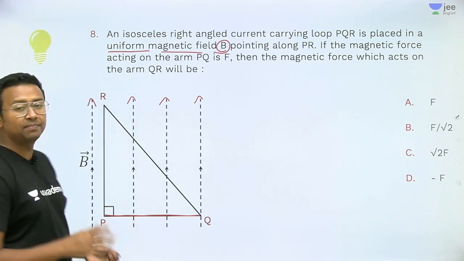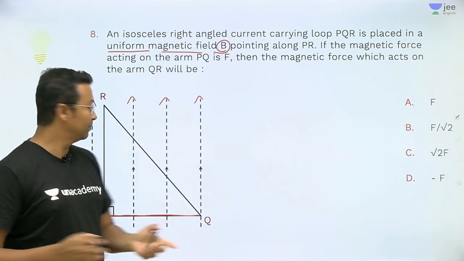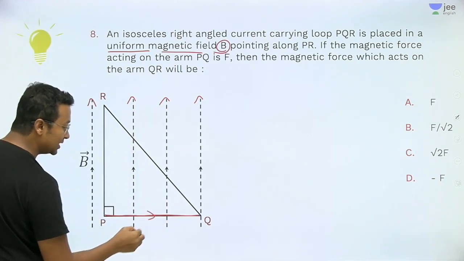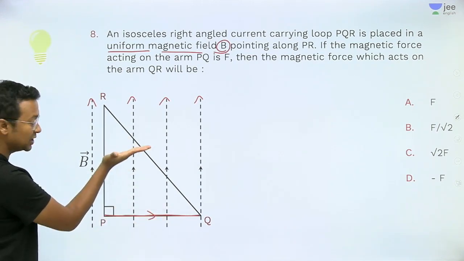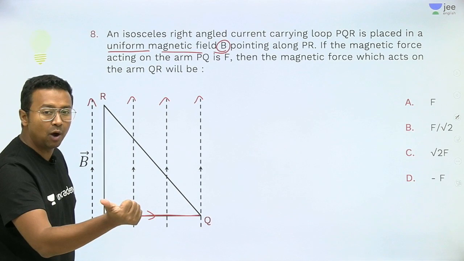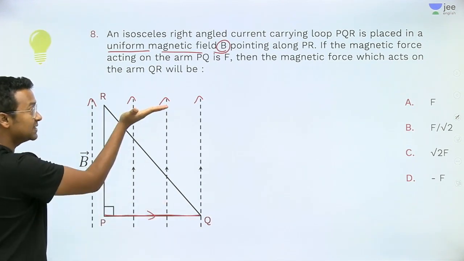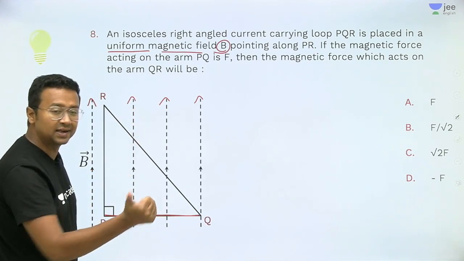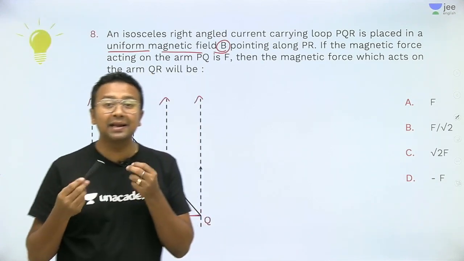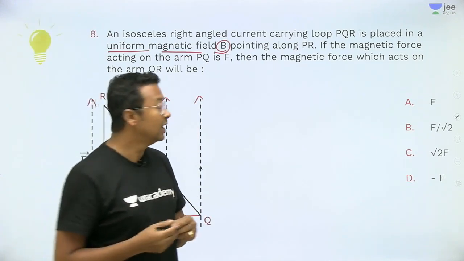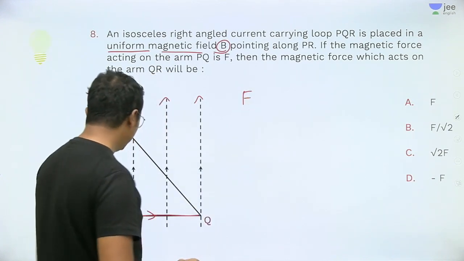By the way, in which direction, all that is actually not required, but we know that if the current, let's say, is flowing in this particular direction and magnetic field is in the upward direction, then we know the force is going to be coming out of the plane of the board, right? Current is flowing like this, magnetic field is in the upward direction, force will be in this direction. But we are only interested in what? We are only interested in the magnitude of this particular force, right? So, the magnitude of this force on PQ